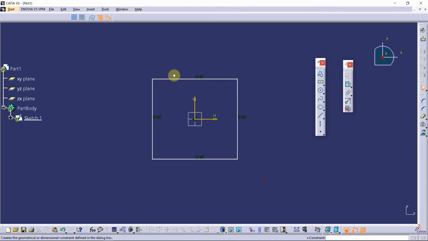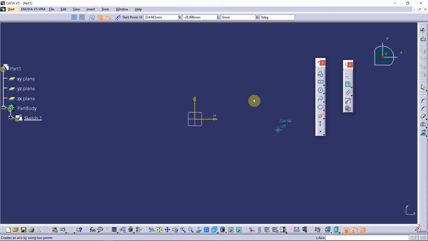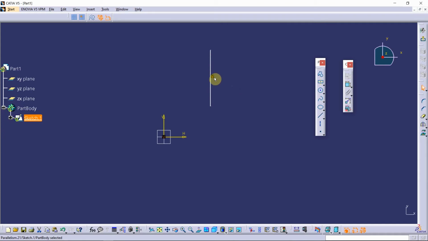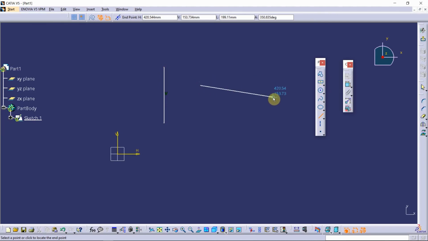Let me explain constraints. Before constraints, I'll tell you this one. If I have a line, I'll select first point, and if I try to make the second point vertical to the first point, you can see the line turns blue, which means that it is a vertical line. And you can see this option right here which says V. It means that the line is vertical. Similarly, if I want my second point horizontal to the first point, you can see the line turns blue, and you can see H showing up here, which means that the line is horizontal.